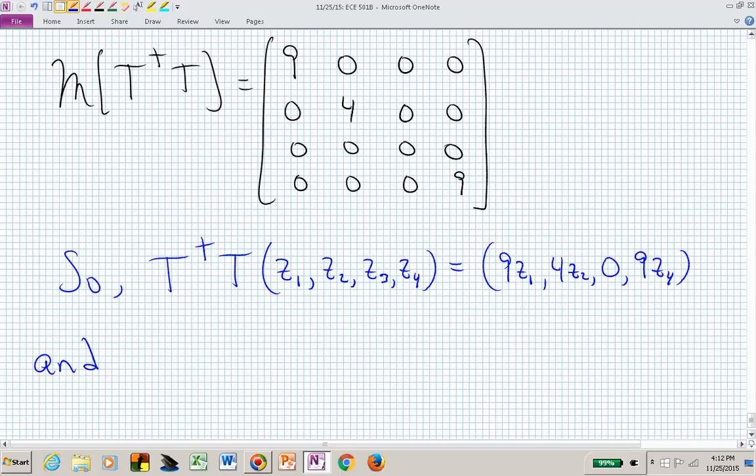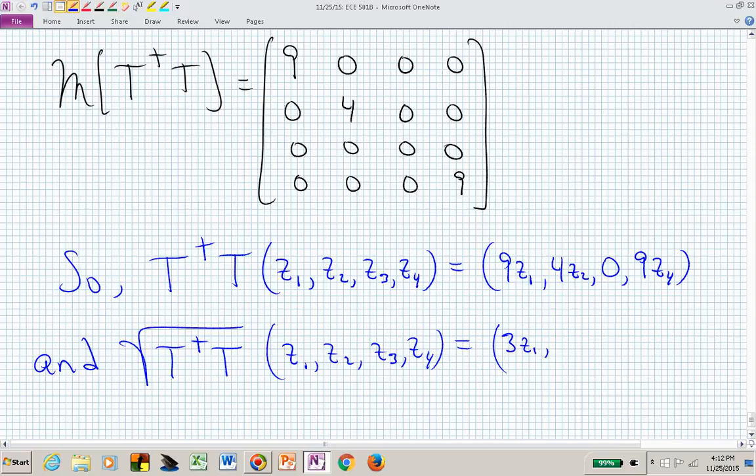And if that's the case, then we can also talk about this operator, the square root of T dagger T. Since this original map was conveniently defined, it gave us these perfect squares. We can take the square root of those diagonal entries